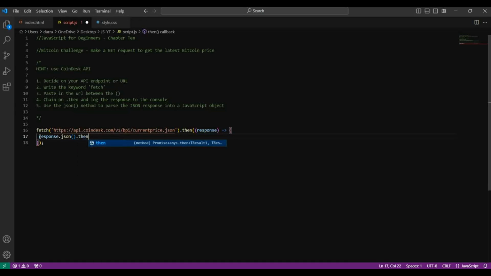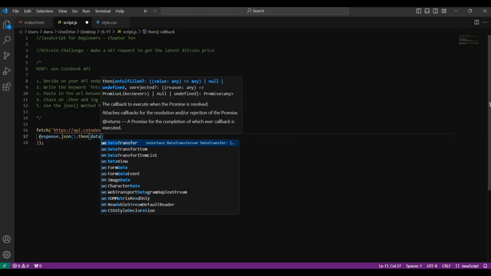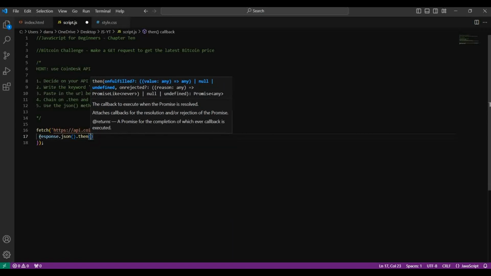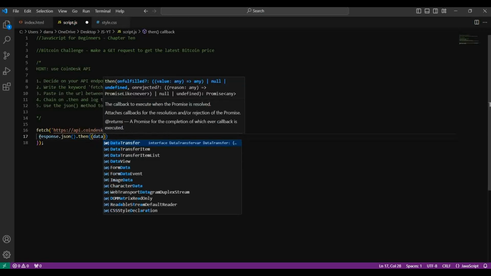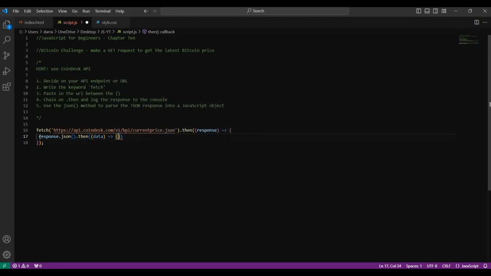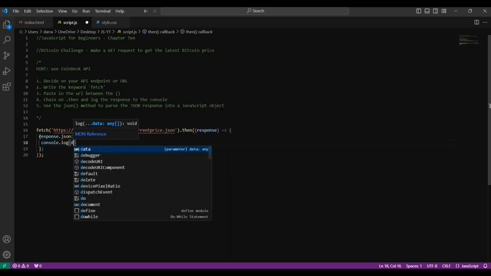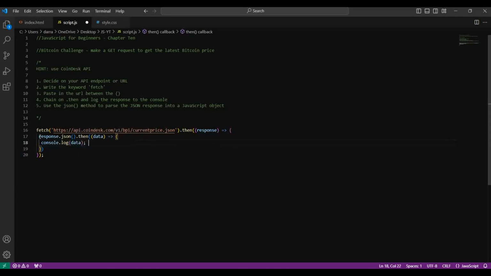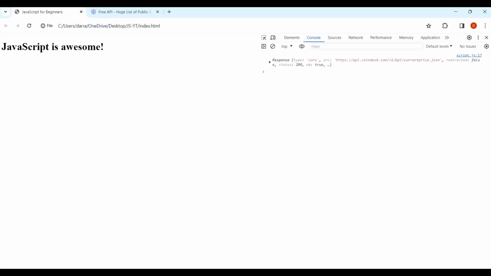And then we can chain on a .then, just on the response. So you could do like so, data. What we're just going to do is log out the data response that we get. Okay. And you could maybe put Bitcoin price there in a string beside it if you wanted. So if I just save and refresh,